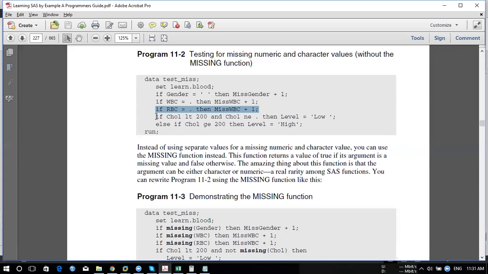Okay. Second, you can try by using this, and here we are saying, okay, if cholesterol is less than 200 and cholesterol not equal to dot, then create one variable called label, which is assigned a low value. Same, if cholesterol is greater than 200, then label is equal to high. There's nothing but you're creating a condition, nothing else. Same thing, you can use by the below options: not missing.